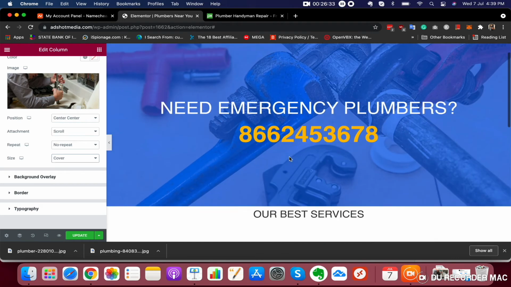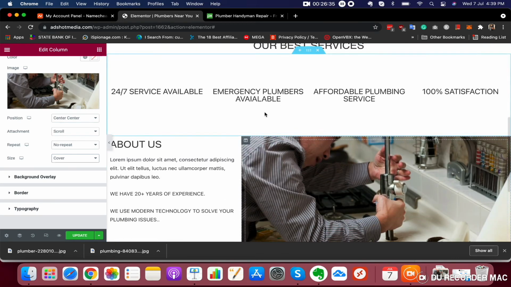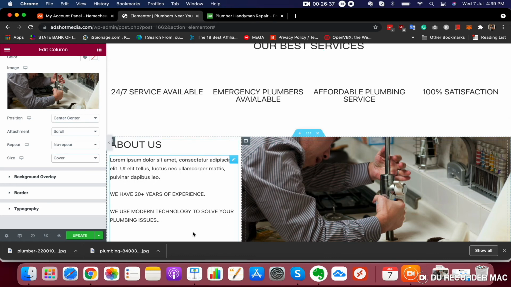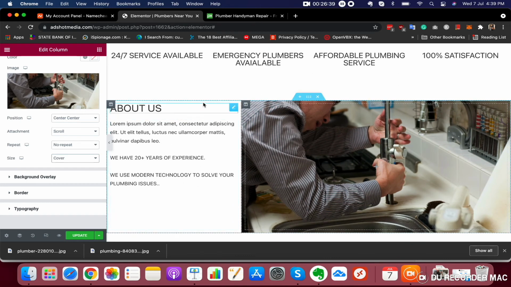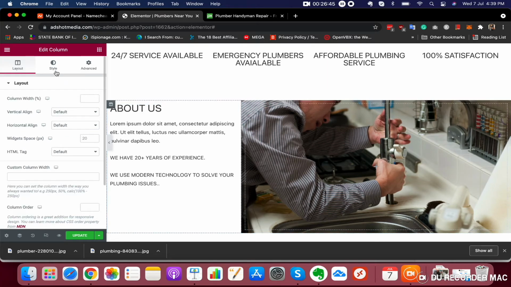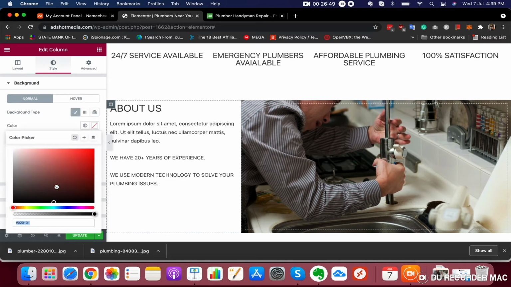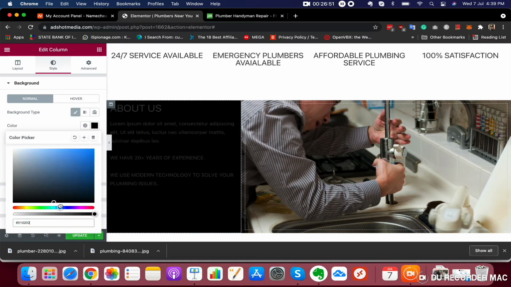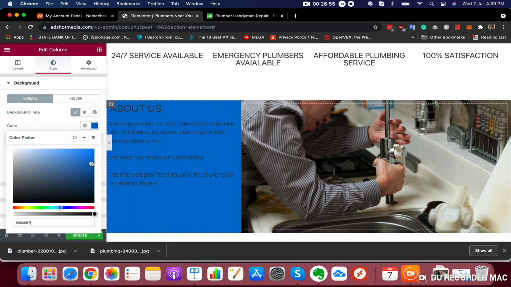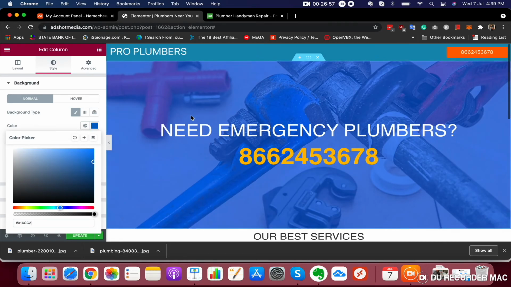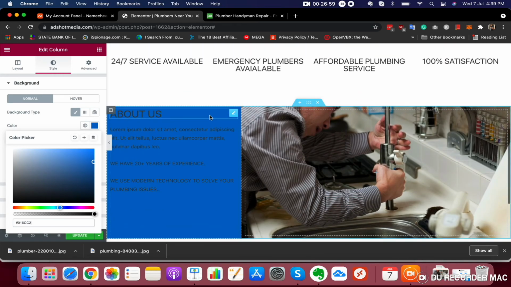Now if you want, we can give this section a nice color. So just select this section, go to style and background, color, and just give it a bluish color, right? Because this is the theme that we are following since the heading.